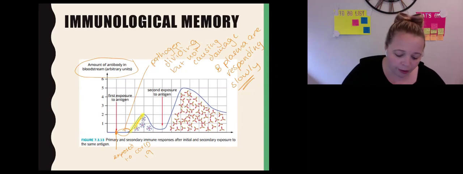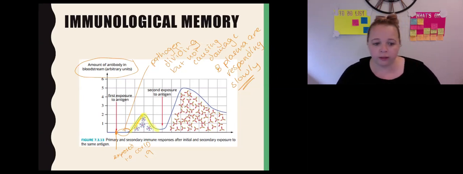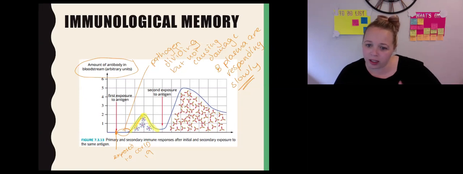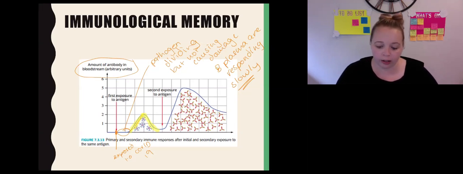And what happens is you fight off the infection, the antibody levels go down as you fight off the infection, and then we're all good. We're all asymptomatic again, and we don't have the virus or the pathogen. Now, the second time you get exposed, if you get exposed really quickly, so say you got exposed at this green point over here, then chances are this response would just happen and you would get this massive increase and you would not experience symptoms.